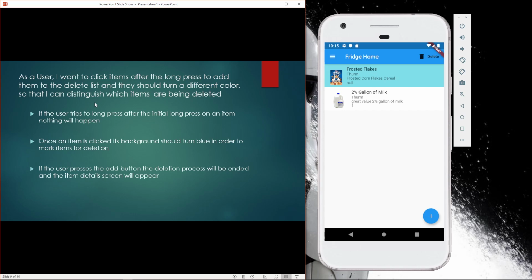As a user, I want to click the items after a long press so I can add them to the delete list, and they should turn a different color to distinguish which items are being deleted. If the user tries to long press after the initial long press, nothing will happen. Once an item is clicked, its background should turn blue in order to mark it for deletion. If the user presses the add button, the delete process will be ended and the item's detail screen will appear. So I'm trying to long press this and nothing's happening, or I can just click it. And if I click down here, now if I come back,